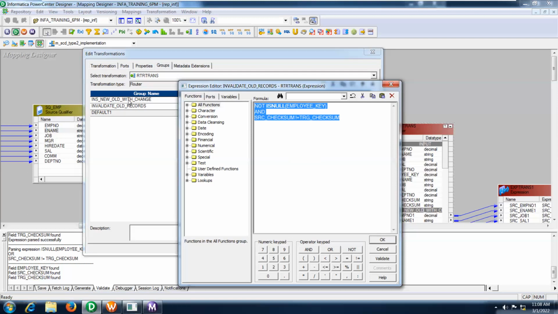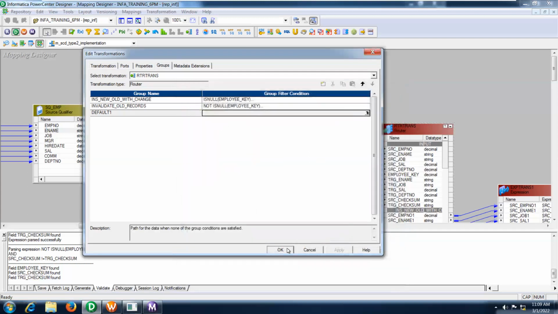Here only you are going to load new records and changed records which are coming from the active source. But this condition will help you only to mark the already existing records that are coming with a change. Those records we are going to mark as an invalid update flow.